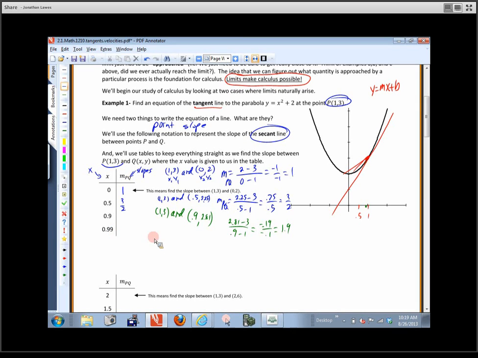So we're finding the slope between (1, 3) and the other point is (0.99, help me out here, can't do that one in my head. What is it? 2.98? Is that right? Good there? Okay, so I've got 2.98 minus 3, and I've got 0.99 minus 1. This gives me, correct me if I'm wrong, negative 0.01 on the bottom, and this is going to give me,